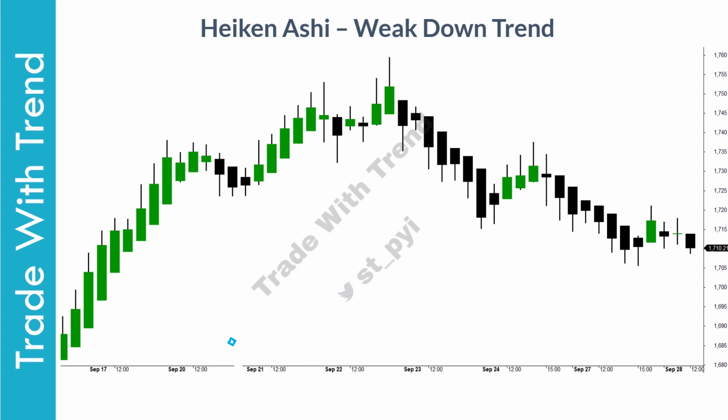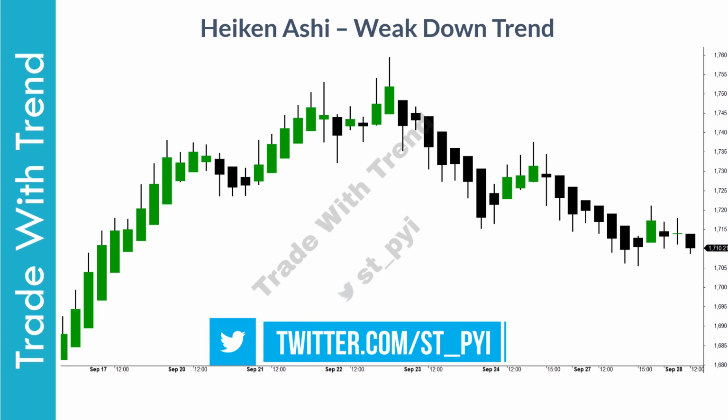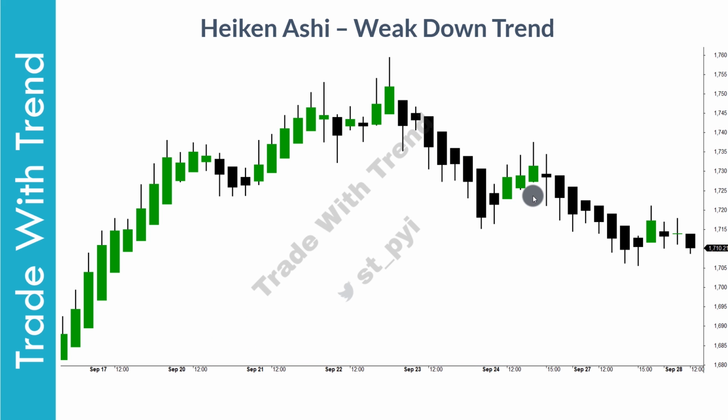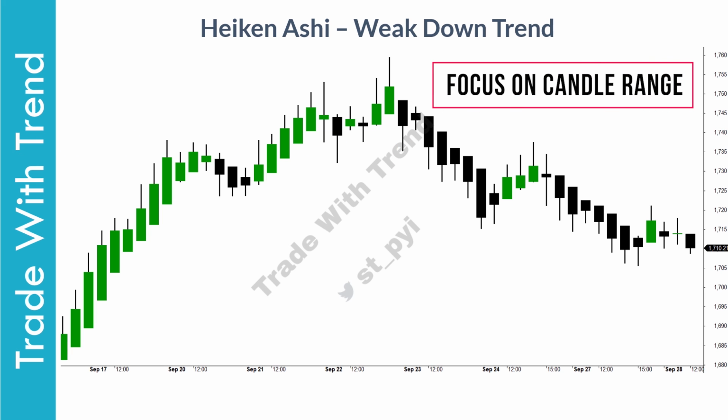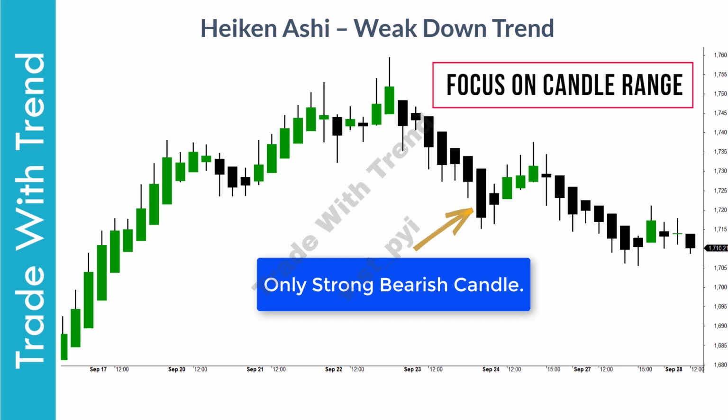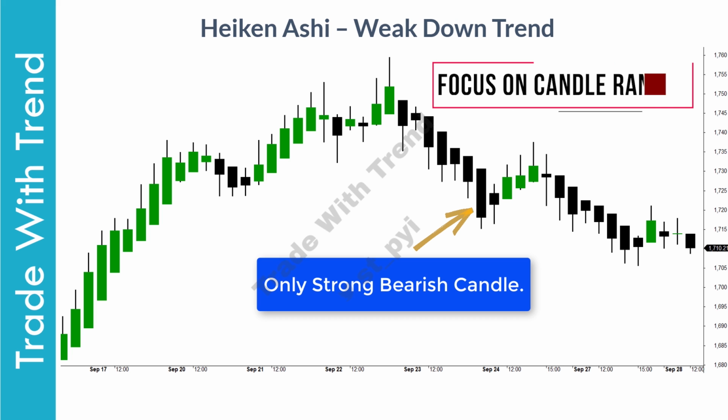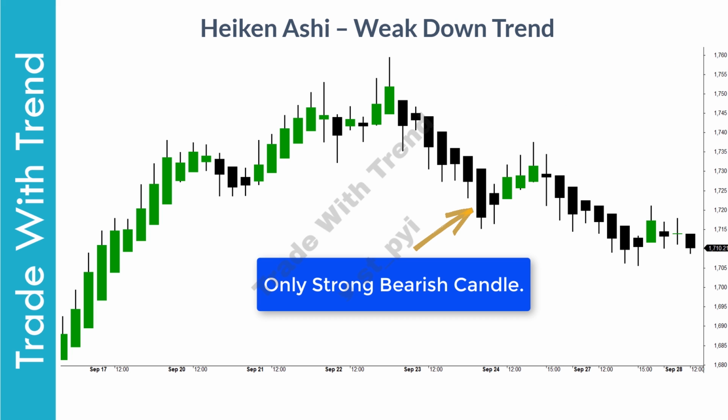Let us now see how a weak downtrend looks on the chart. In this chart in front of you, price moved higher and then indecision candles showed up on the chart. Post this, price started moving lower. If you look at the down move that has happened, it has happened on back of weak initiation candles. These candles that I've marked on the chart do not represent strength and momentum. The only strong bearish candles that I can spot on the chart is marked here. Other than this, all candles are weak bearish candles.